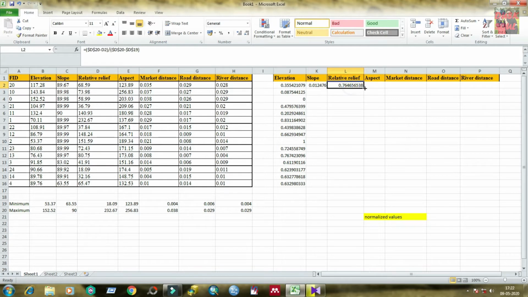Then in the same way, aspect, then marketplace, distance from market, then distance from road, then distance from river.